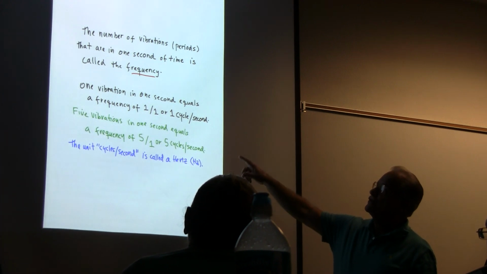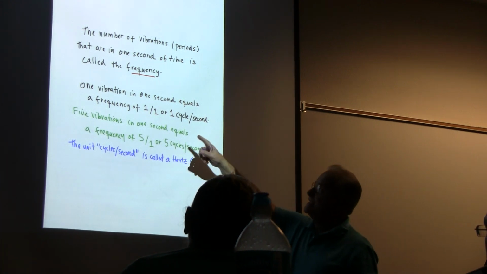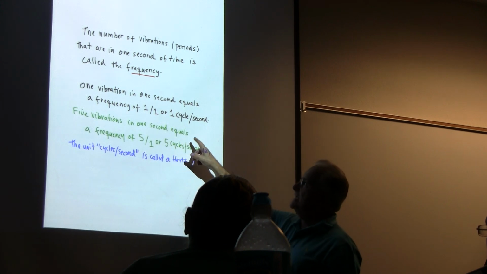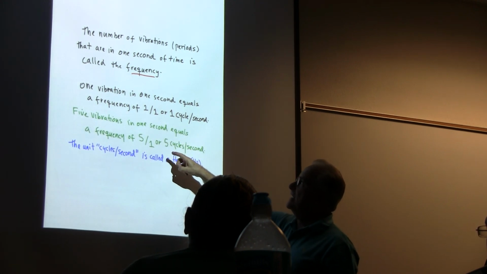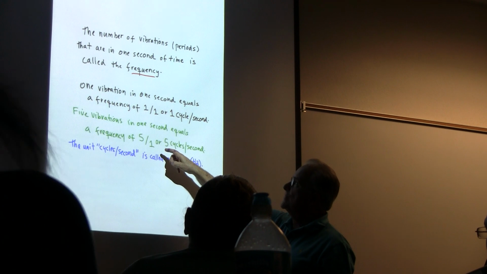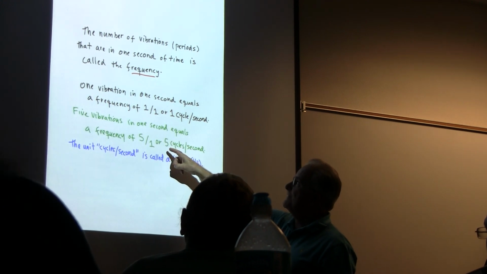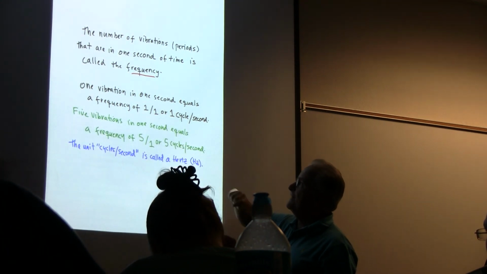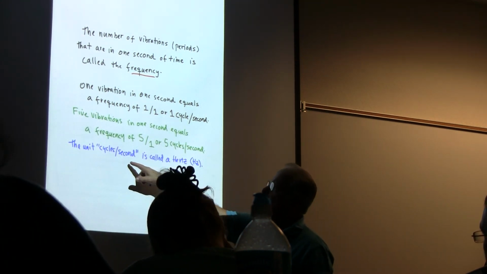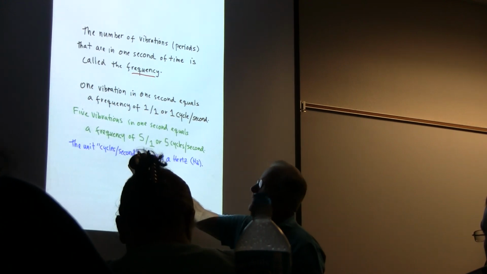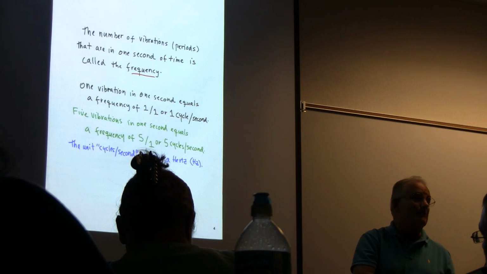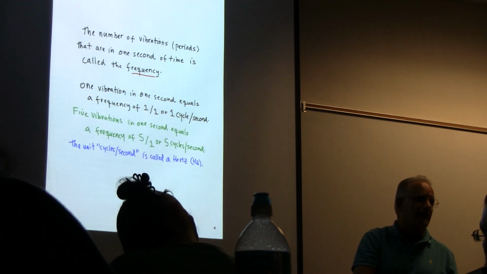So that's what I was trying to show you here. 1 vibration a second gives you a frequency of 1, but if you have 5 vibrations in a second, then that's a frequency of 5. So you'll have 5 cycles per second, but then the period will only be 1/5 of that. And you see, when I was in school, we used to call the unit for frequency cycles per second, or CPS. You'll still see that used today in some